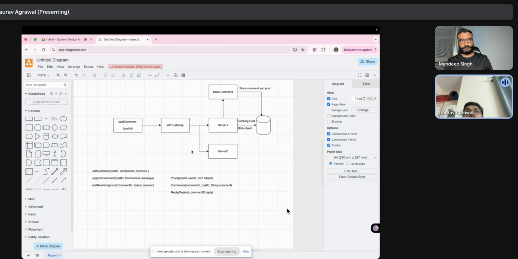So for that kind of scenario, that could happen in two parts. One is from the user side, and one is from the server side.